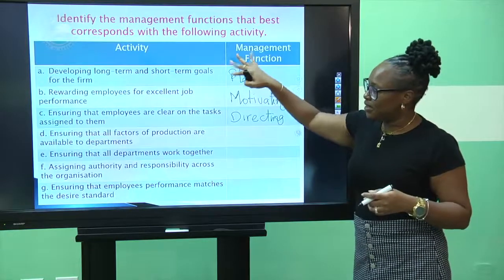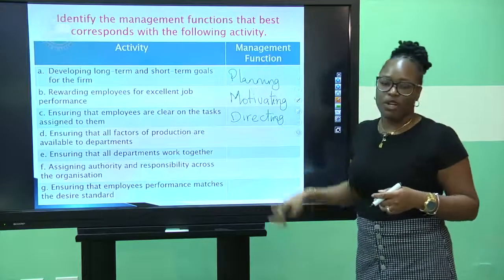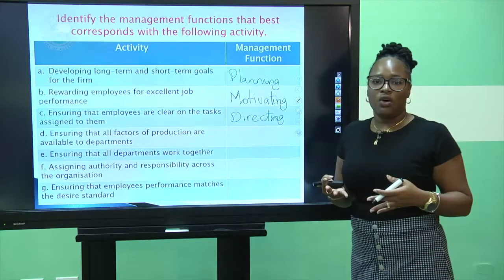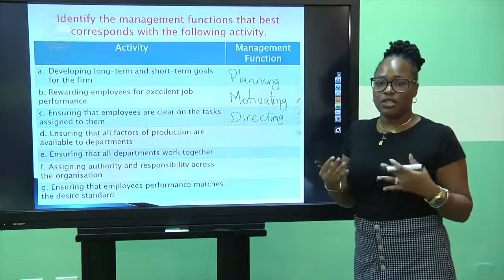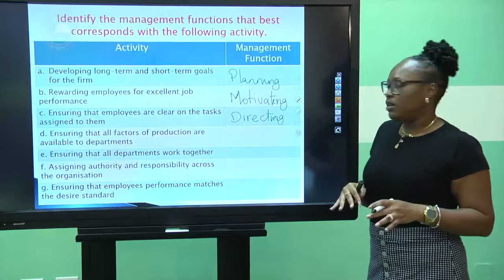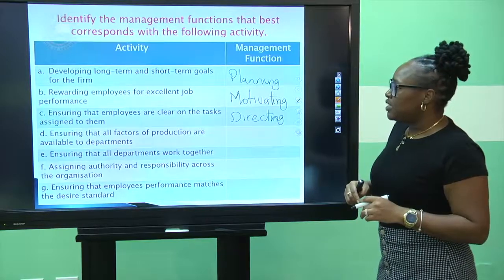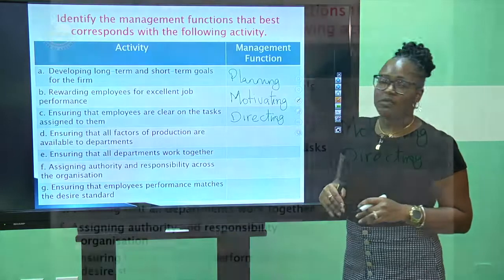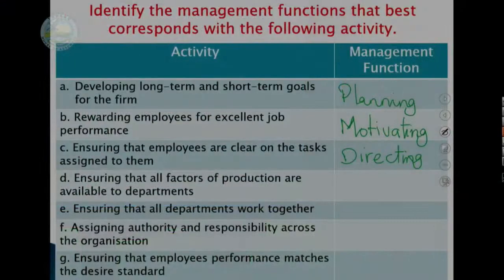You have the sentences, and we just went through the management functions. So as employees, giving them information on their day-to-day tasks, you need to ensure that they understand exactly what their tasks are, right? And 4, or D,